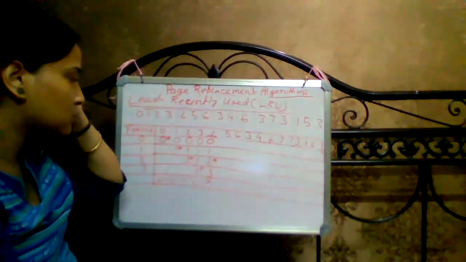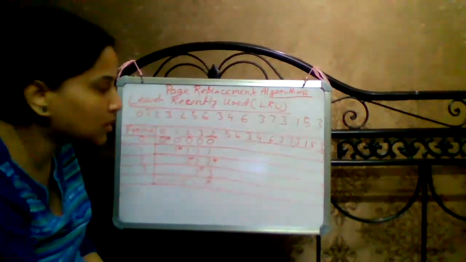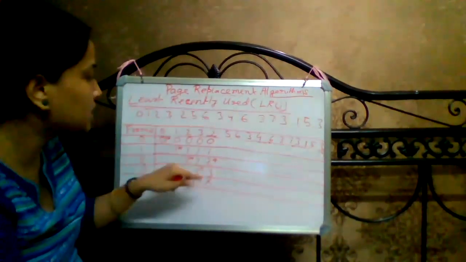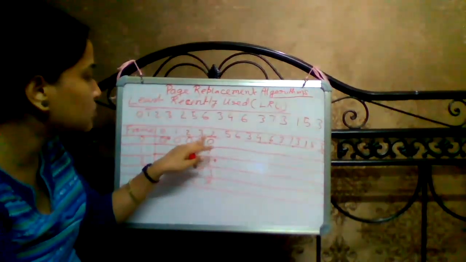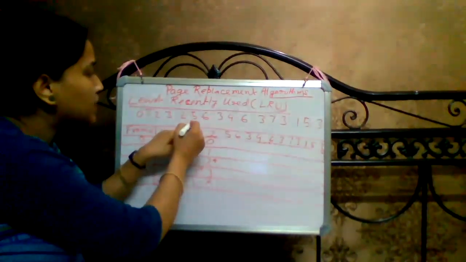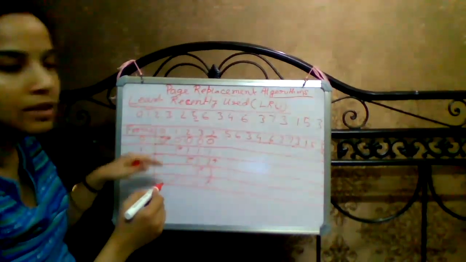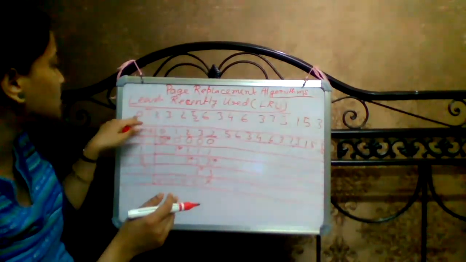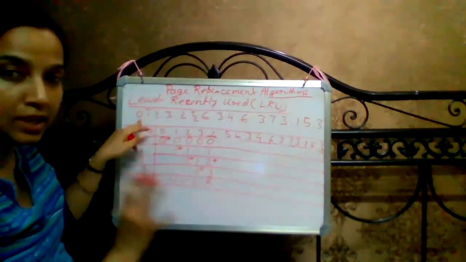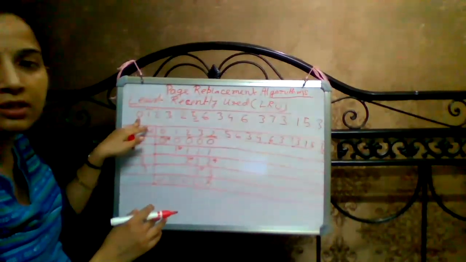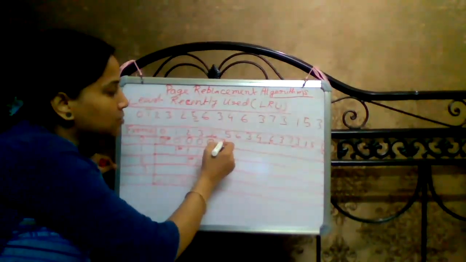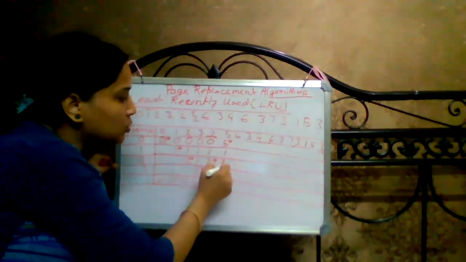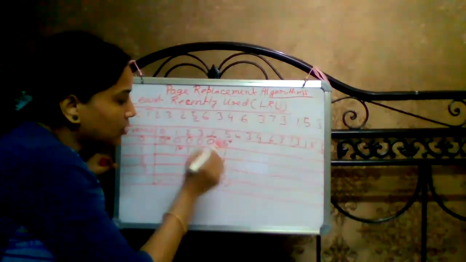So 0 1 2 3, 2 is the running page. Next one is 5. When 5 is encountered, what happens? 5 replaces one of the other pages, that will be the victim page. Which one will be the victim page? We consider which one was not recently used. 2 is recently used, 3 is also recent, and going to the past, the longest unused one is 0. So we'll replace 0 by 5. So here it is 5 1 2 3 and a page fault occurs.